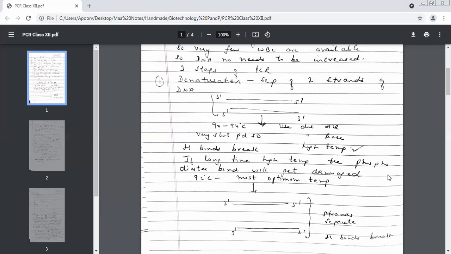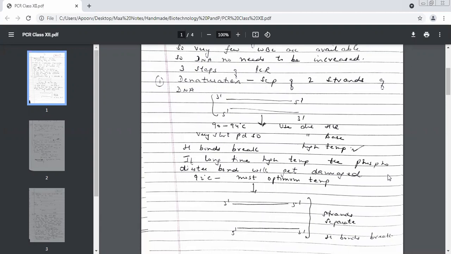Yes, it is PCR. What is the heading? What is the first step of PCR? Denaturation. I told you when I started, the word denaturation means to spoil the original nature or to change the original nature. What was the original nature of DNA? It was double-stranded. How will we change its nature? We'll change the double-stranded DNA into a single-stranded DNA.